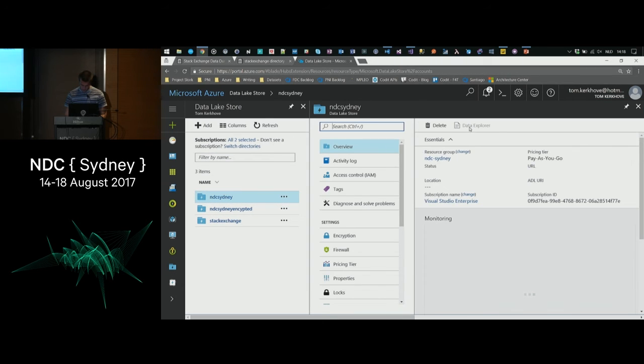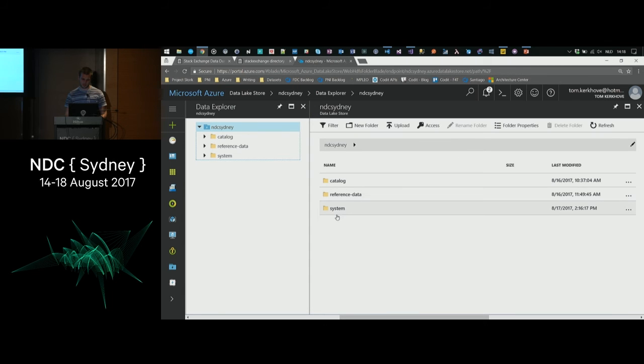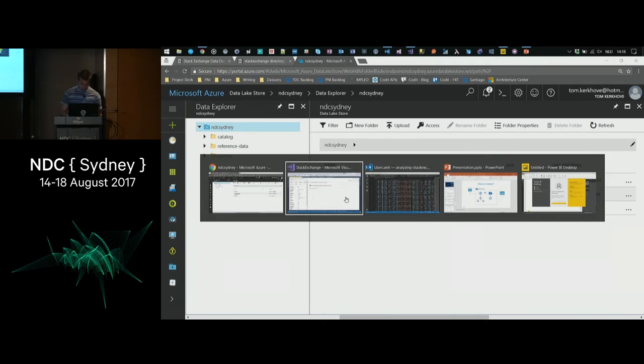So now, in the Data Explorer, we see that we have a reference data folder, which contains a file we'll use during the business logic, let's say. Then we have the catalog and the system folder, which is the metadata for the service itself. This is only because this is the default data store. And then once the job is done,